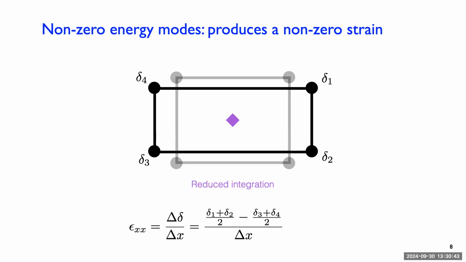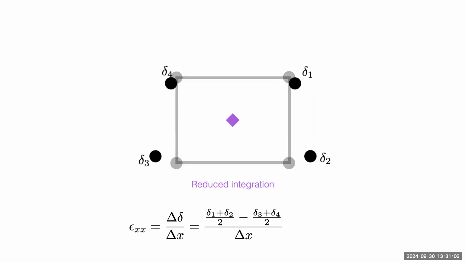So if I say the average of their displacements minus the average of those, that's the change in displacement, divided by delta x is the original. So the average of these 2 displacements minus the average of these 2, divided by the original distance. Actually, if you plugged in our functional form and did all those calculations, you'll get the same formula. This is just deriving from physical principles. So if you do that,